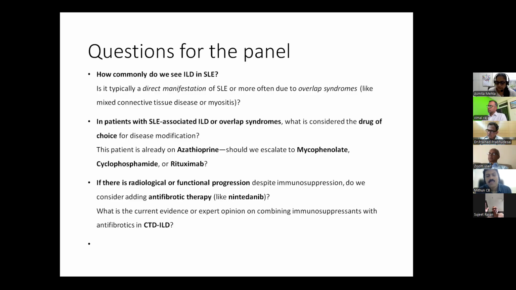So probably switch to mycophenolate, and then decide if the patient is still progressing, then rituximab, and if that also fails, go on to the antifibrotic, because you'll have to do it sequentially rather than combine two new drugs upfront. If you start mycophenolate and the antifibrotic together and he develops hepatotoxicity, you will not know which one is the cause. I would do everything sequentially. And do you agree, sir, that pirfenidone will also be an okay choice if I have reservations about nintedanib?